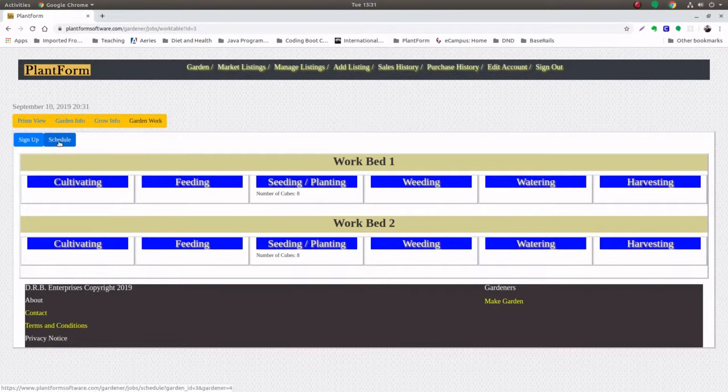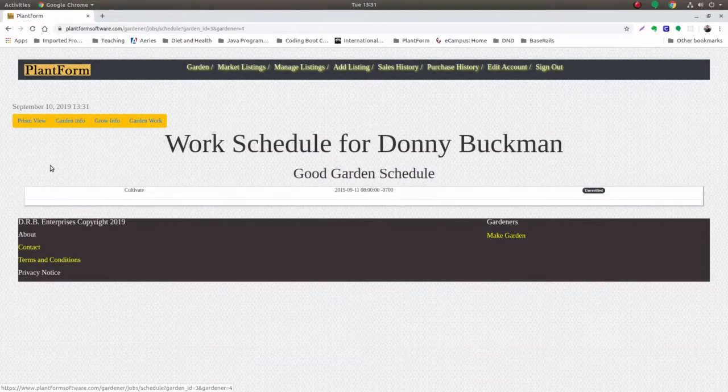And now we have a new link here called the schedule, and if you click on the schedule link, you can see that this person now has the cultivate job. From this screen you can see that the job is unverified. That means that the farmer, or the person who is managing the garden, has not yet seen this request from this person to work in